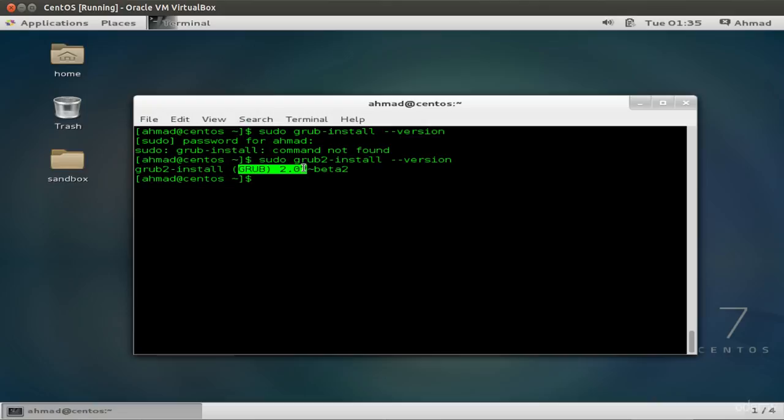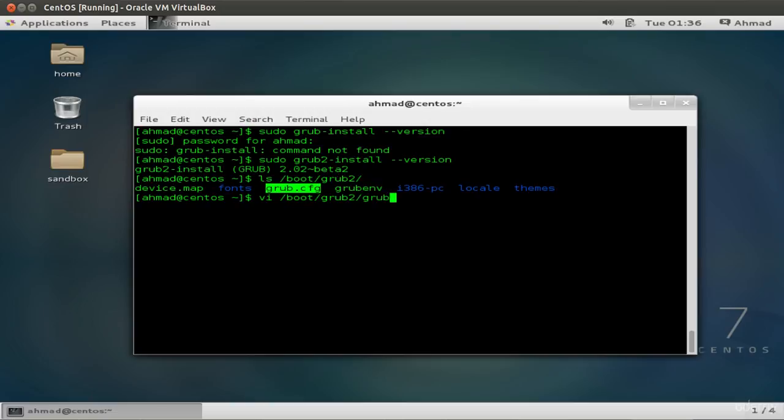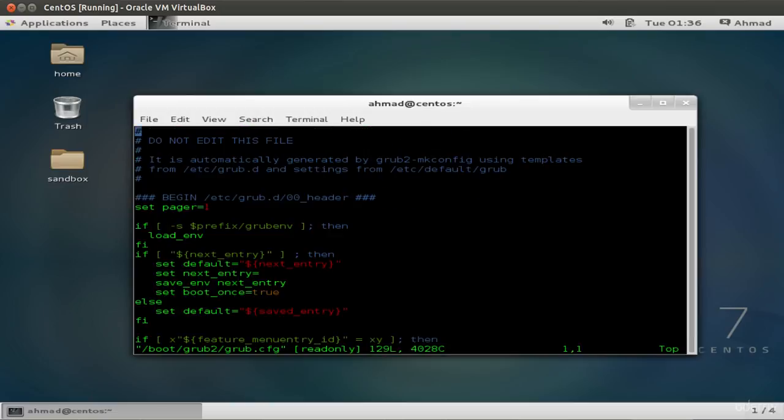grub is 2.02. Let's also have a look at the contents of the boot directory, which is /boot/grub2, and afterwards I press enter, and we see that we have got this grub.cfg file. If we have a look at the contents of this file by typing in vi /boot/grub2/grub.cfg, you see that at the very top of this file it says do